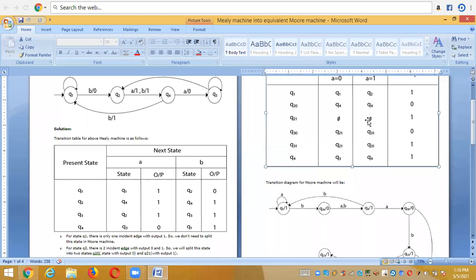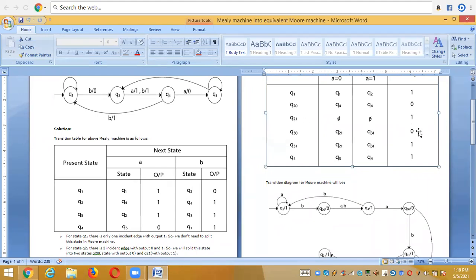When we need to put 5 means, if the output for the Q2 is a state which is not split, that means the state which does not get split, if we have that state you can put 5. If it is a split state, you need to write down the split states, right? So 5 and 5, or you can take Q4 and Q4, nothing will happen. And how we can decide the output for this Q2 1 is, after Q2 what we are having is 1, so you need to write 1 here.